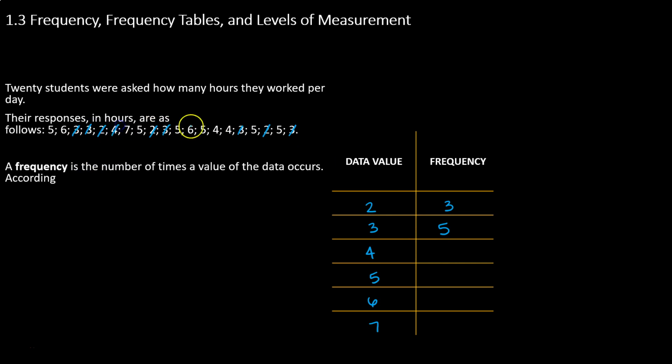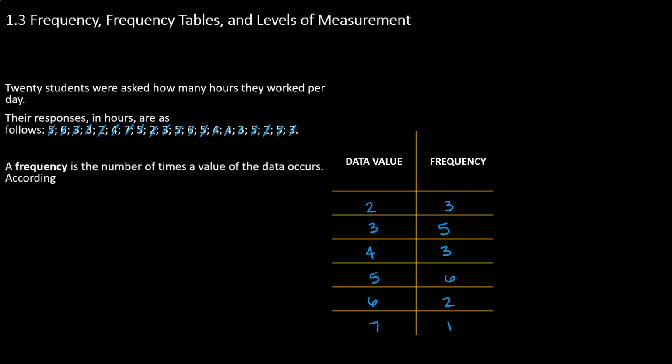Counting my 4s. 3 students said they work 4 hours a day. 6 students told me they work 5 hours a day. 2 students work 6 hours a day, and 1 student works 7 hours a day. That is a frequency table. Simple as that. List out the types of data values that you have, and then how many times each of those data values occur. Now that we have our data organized in this frequency table, we can see, for example,